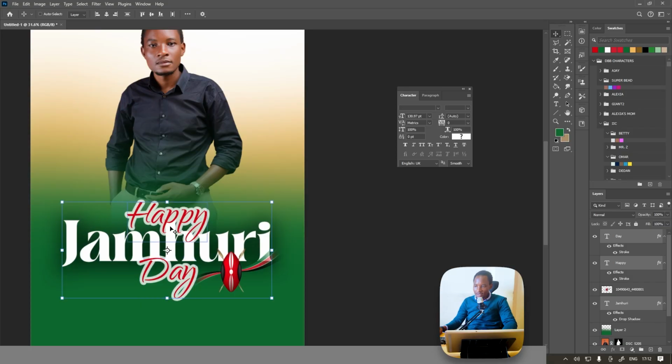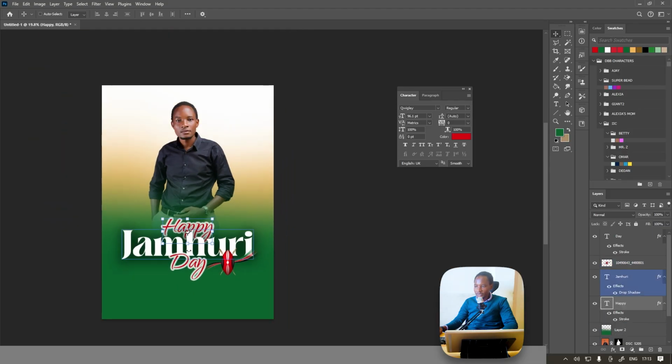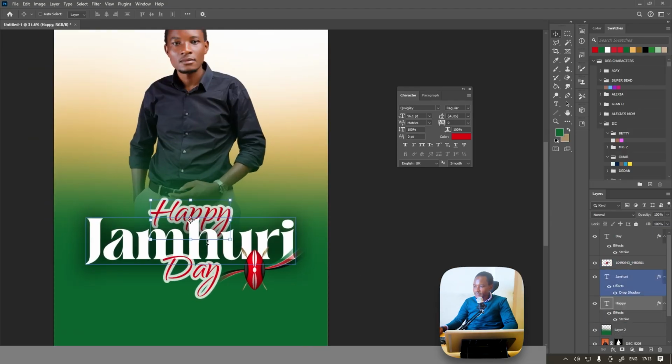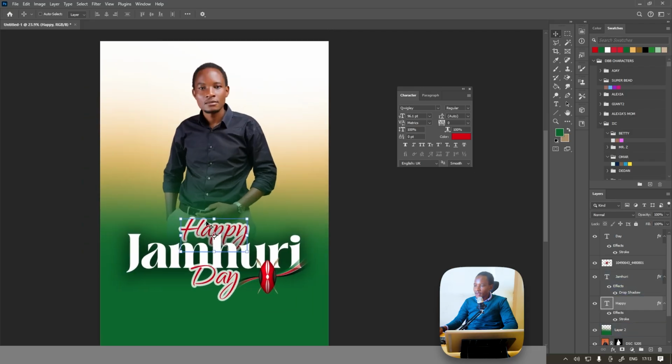The next thing is this happy is still conflicting with Jamhuri. So I want the happy to move behind Jamhuri. Come to the layers panel and move it below Jamhuri like that. The last thing I want to do is to introduce maybe a flag